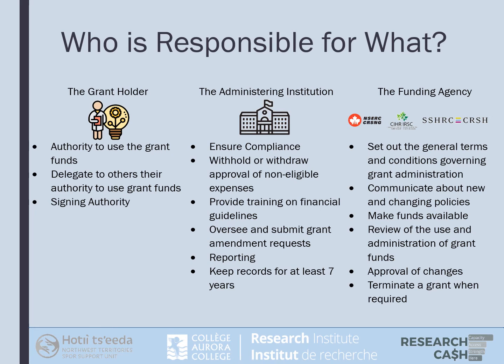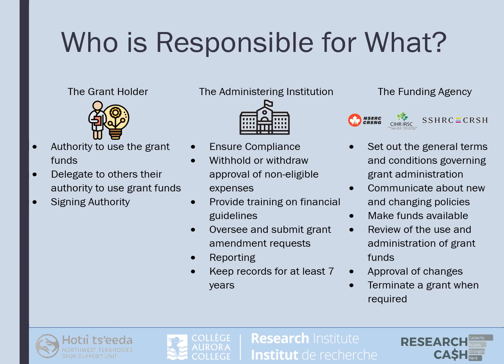The administering institution is responsible for having policies and procedures, the controls in place to ensure that all the expenses using Tri-Council funds are in compliance with agency requirements, grant funding agreements, and all of the policies. They monitor the eligibility of grant holders and advise the agency of any changes. They withhold or withdraw approval of an expense that is not in compliance with the agency guidelines. They provide training on the institution's policies and practices and oversee any grant amendment requests, reporting financial reports as requested,